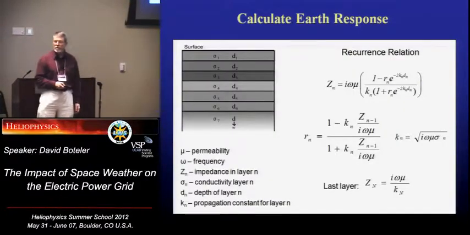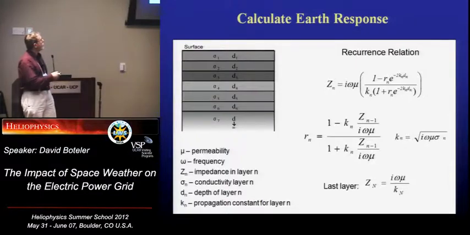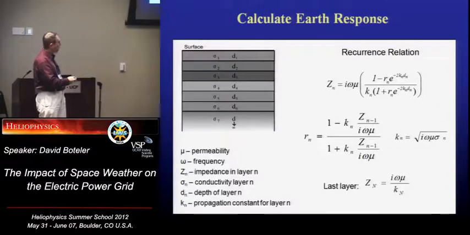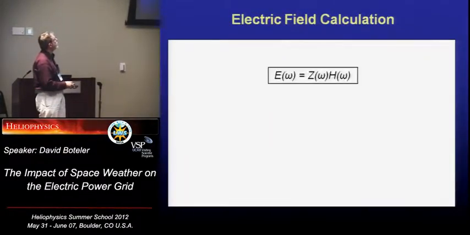And then there's modeling techniques, and we basically have a recurrence where if you work through the maths, you can work out what the impedance is looking at the surface of this lowest layer here, get the Zn. Then you can factor that in and do the calculations for the next layer up, where you can calculate what the impedance at the surface of that is based on the reflection coefficient at this lower edge, which factors in the lower one. So then once you know that one, you can do the same for the next layer and so on up to the surface. So from that, we can calculate a surface impedance.